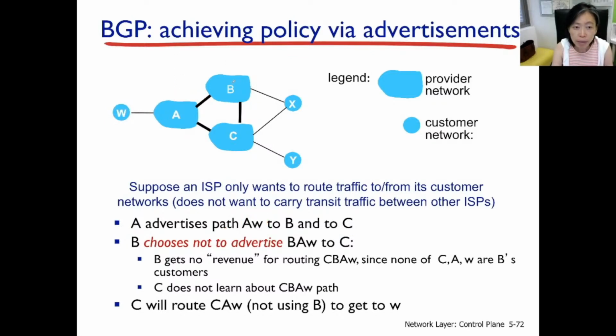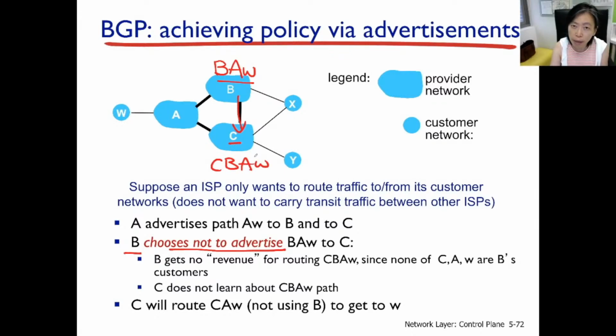As a result, B is going to see this path and prepend itself and see if this AS path needs to be further advertised to yet another neighboring AS, such as provider C. Now, B's network admin actually knows better and chooses not to do that. And the reason for that is because of this. If BAW is advertised to C, C is going to discover,